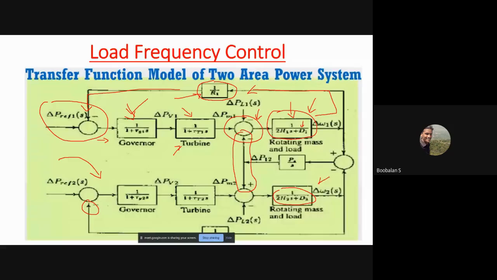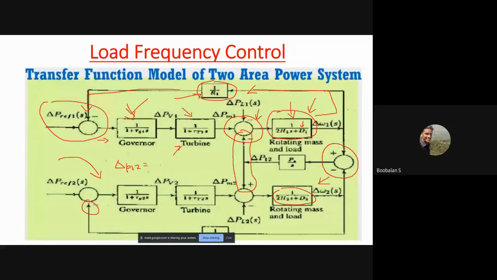We need to use a summing block to represent this. We're just going to connect the two summing blocks and get it over here through an integrator. Just note down this formula, the tie line formula, which is how we commonly connect two area systems. Del P12 is equal to, just note it down. Del P12 is the tie line power flow from area 1 to 2.